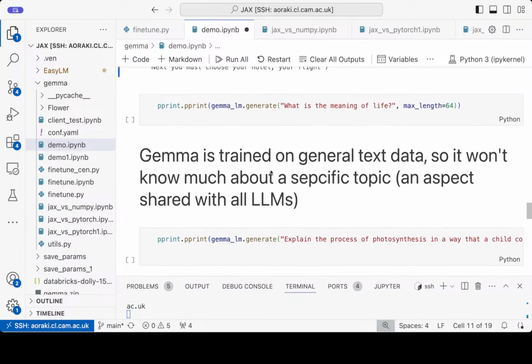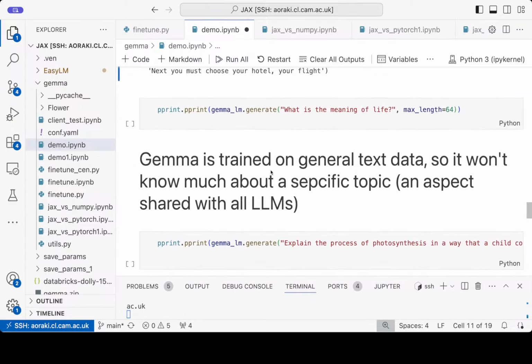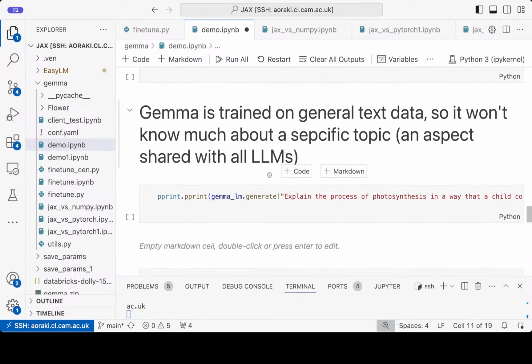However, there is a situation where large language models fail. What does that mean? They don't fail in the sense that they don't work anymore. They fail in the sense that their information is limited. They're trained on general purpose datasets that talk about all sorts of things. But if you ask them something very specific, they don't really know how to answer, or they give you an answer that's insufficient. So I'll give you an example here.